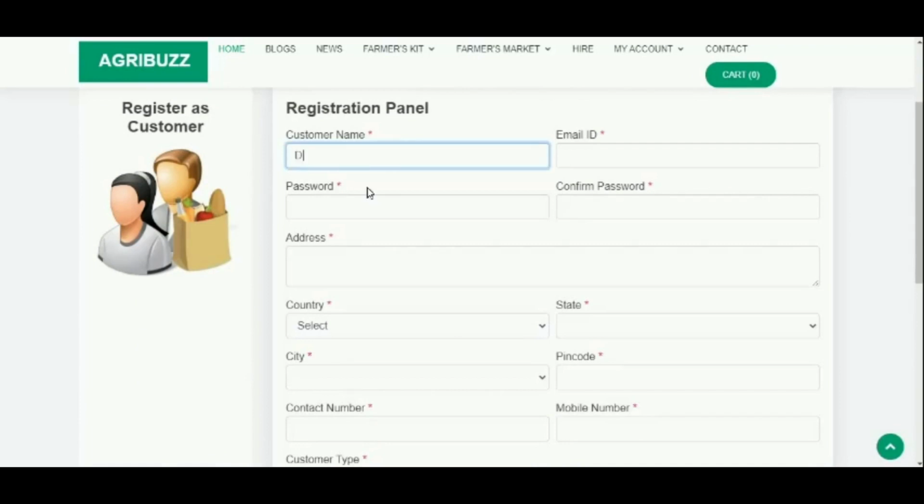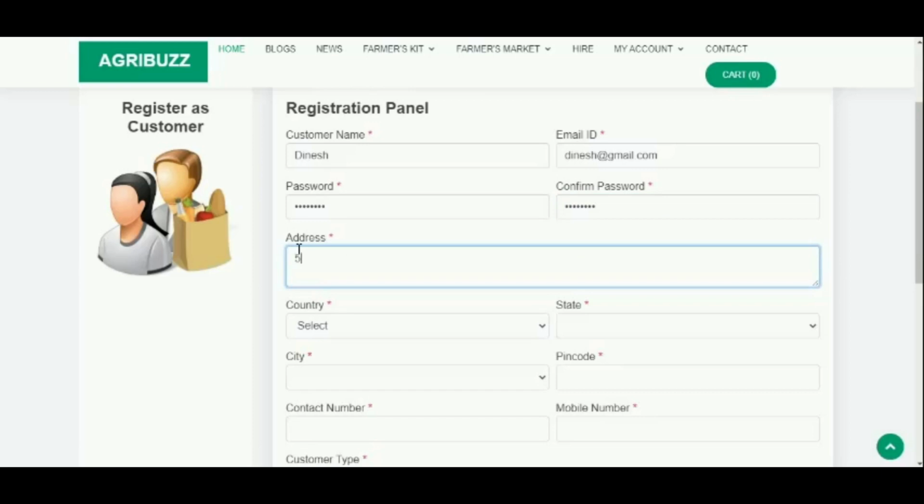Customer can register by entering customer name, email ID, password, confirm password, address, country, state, city, PIN code, contact number and mobile number and customer type. Here customer type can be wholesaler, retailer or consumer.